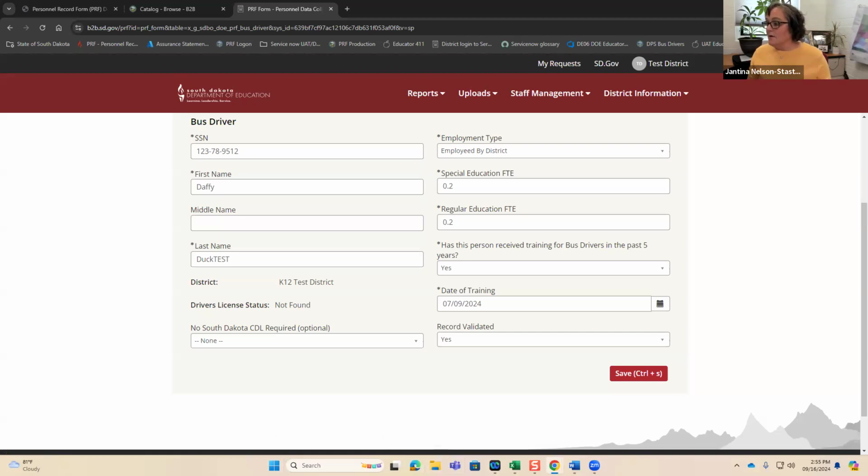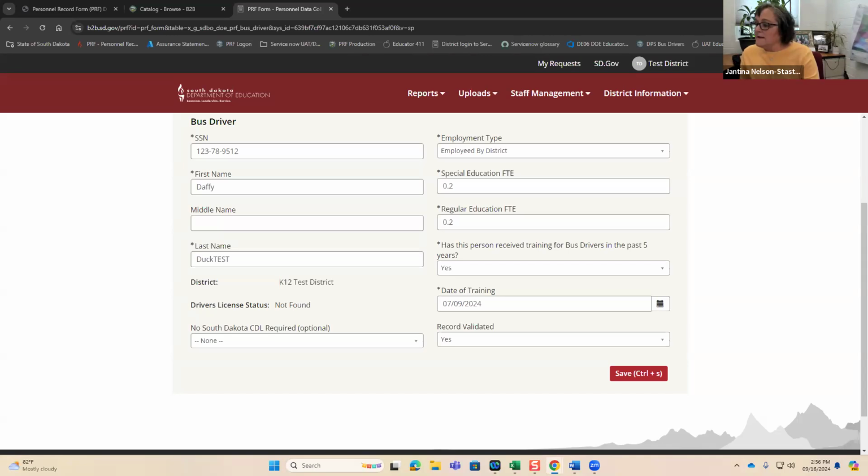One more question, Jantina. Do we need to add sped staff, teachers, paraprofessionals that transport students, usually no more than 4 students at a time? So I'm assuming this is an individual vehicle or a van of sorts. Yes, if there is transportation on that IEP, we use this for the Part B federal report to report that FTE.